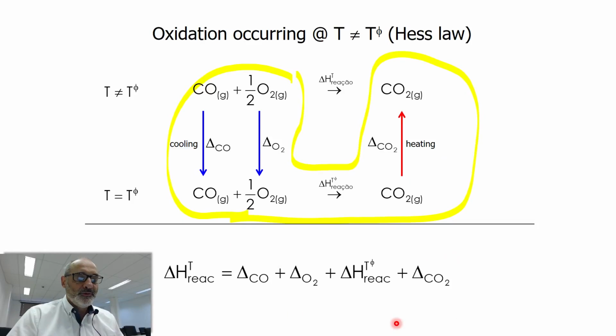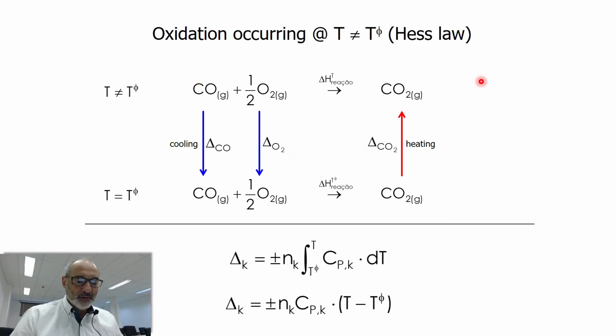So this is the first law of thermodynamics, but according to this process here. And what Hess' law says is that it is equal. So it's simple. The two quantities related to cooling and heating we can calculate like this, since they can be modeled as perfect gases. So these deltas mean quantities of heat removed or added to the components. So we can calculate this